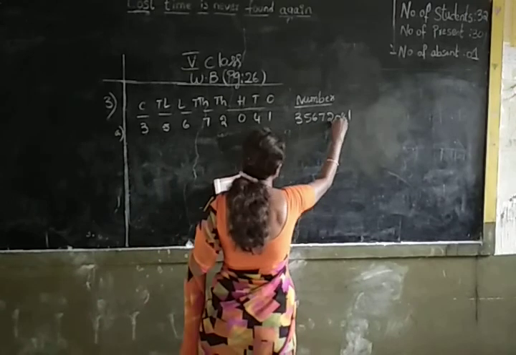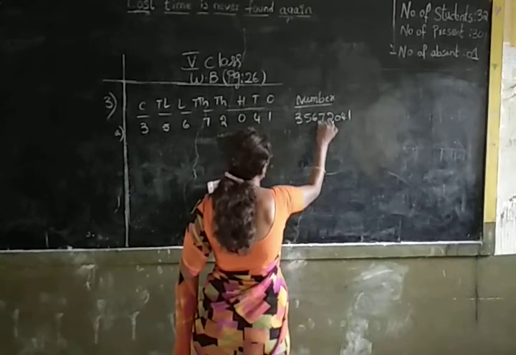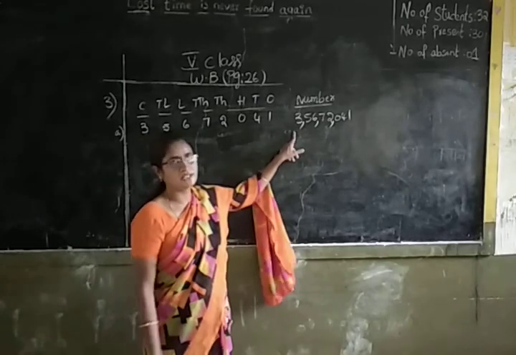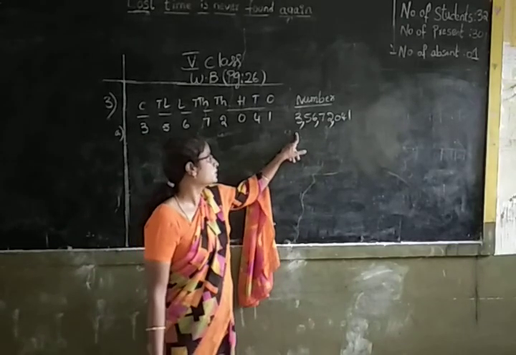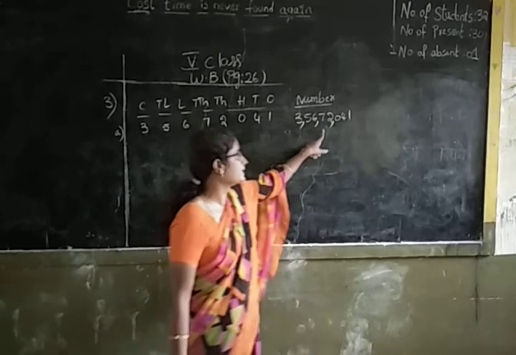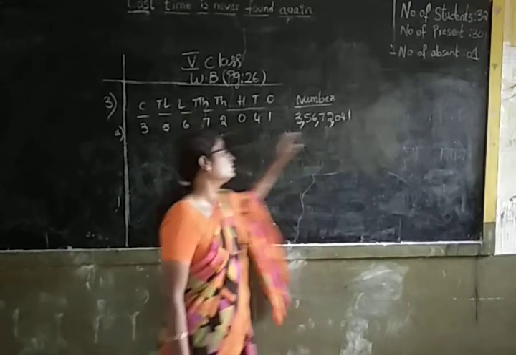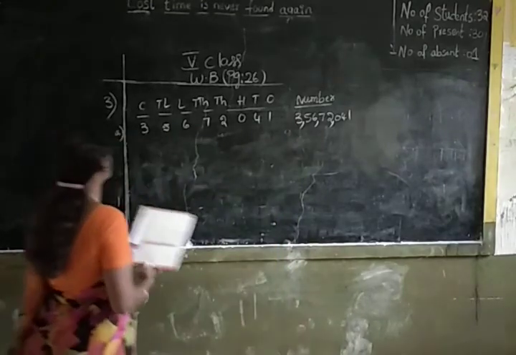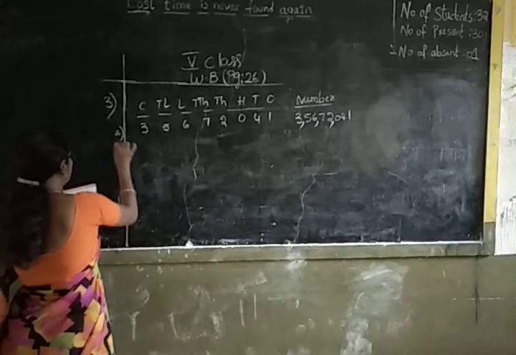First you have to place the comma after 3 numbers, after 2 numbers and after 2 numbers. How will you read this number now? 3 crores 56 lakhs 72,041. So here we have composed the number according to its place values. Okay. Next B sum.